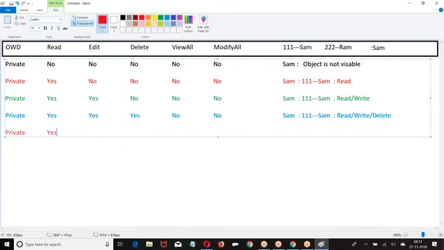OWD is private. View all means what? Irrespective of your OWD, you can see everyone's records, every record.